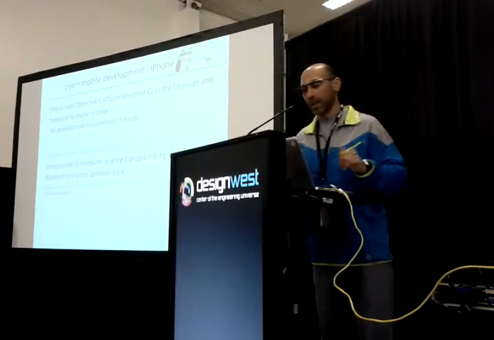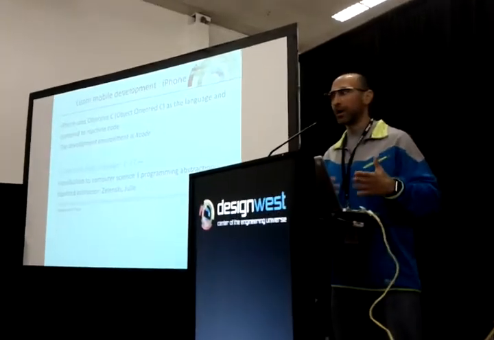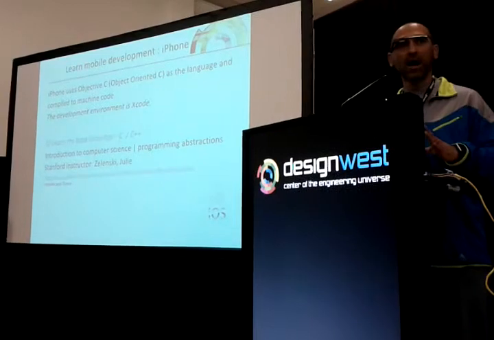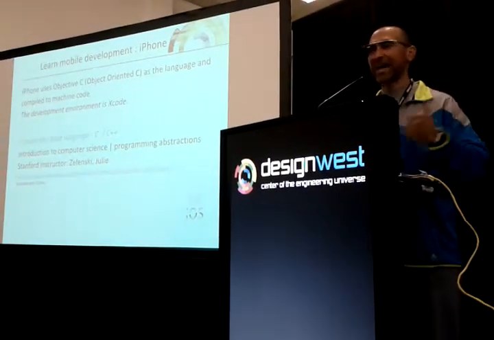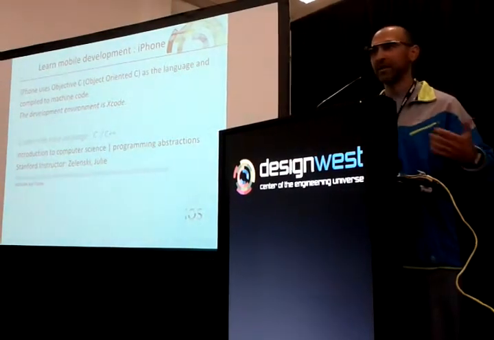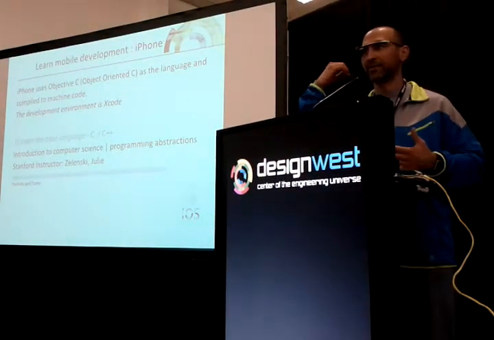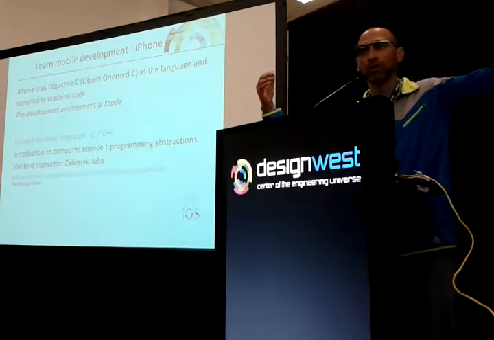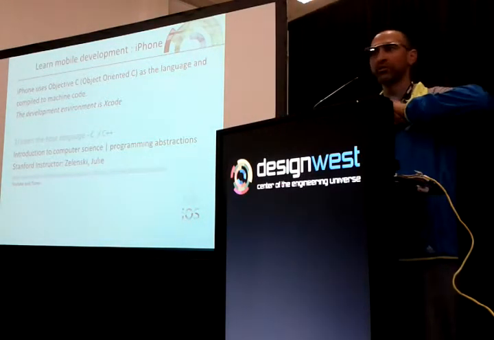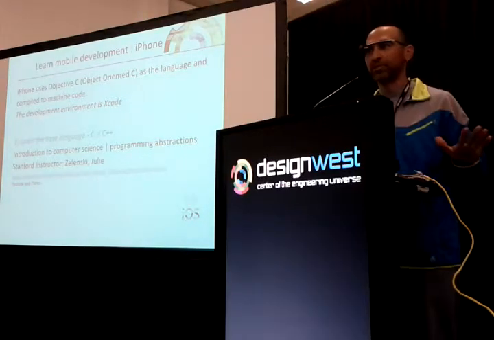Okay, iPhone. iPhone is built on Objective-C. It was a predecessor to C++, so there's a lot of oddities about Objective-C. You're absolutely fine to take an object and cast it to another object and call a method on that object that does not exist. So in Objective-C, you can say I have an object of a fish, and I'm going to cast it to a car, and I'm going to tell that car to go swimming. The compiler will not say there's any problems.